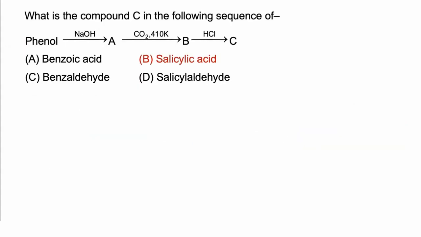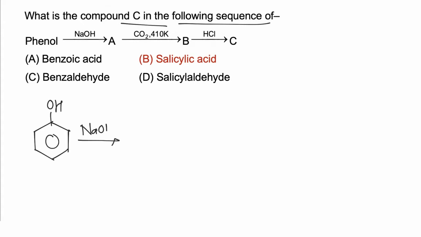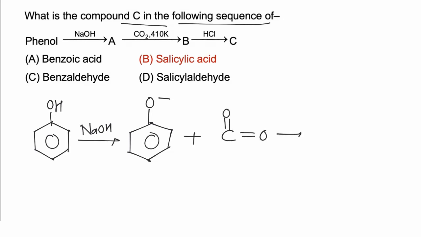In this question, we have to identify final product C in following sequence of reaction. So phenol on treating with NaOH is converted to phenoxide ion first. Now this phenoxide ion will act as nucleophile for carbon dioxide. Now this phenoxide ion is nucleophile and carbon dioxide acts as electrophile. So as electrons are transferred, it will get converted to